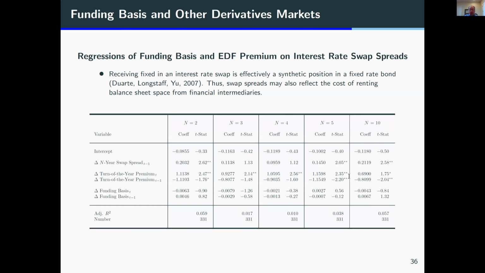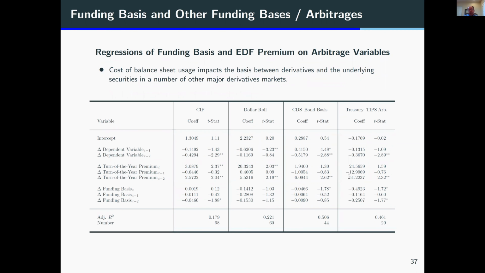There seems to be this common factor, this proxy for the turn of the year cost of balance sheet usage, showing up also in interest rate swap spreads. And finally, we take a look at some of the major bases that have been documented in other markets. Again, there are probably dozens of these papers now documenting these differences, but these are some of the largest markets. And we want to see whether there's some commonality here in the impact of the turn of the